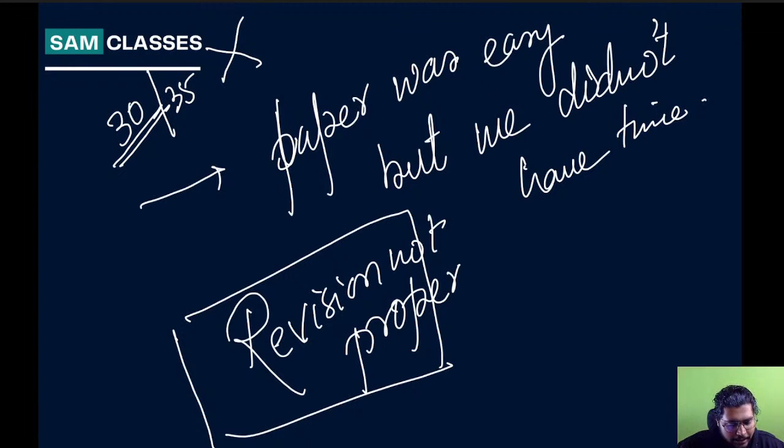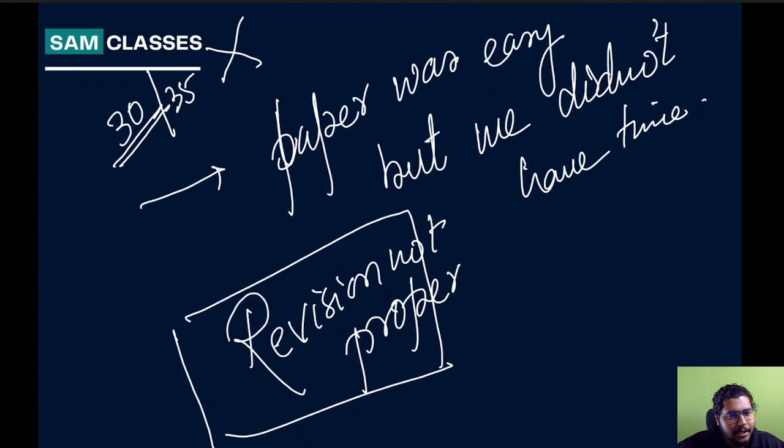Suddenly he got up and started thinking that after 3.5 months, I have to go to my hometown. How will I face my family, the village people? He came from a village. What will they say? They have invested so much money in me. They sent me from a very simple town to such a big city to study for the IIT exam.